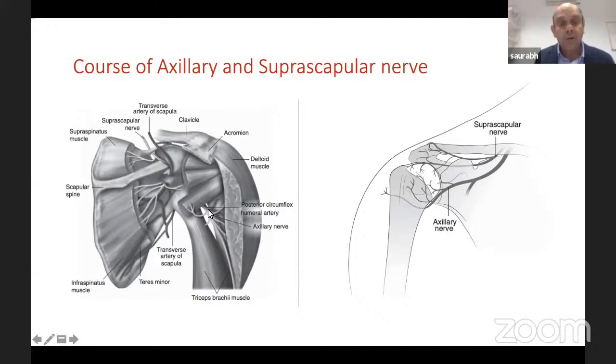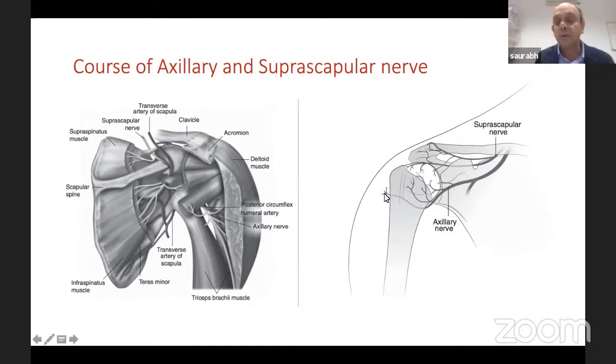So now your posterior portal, so this muscle there is teres minor. You can see teres minor, that's teres minor. So nerve is between teres minor and teres major. That's your quadrangular space. Your posterior portal is between infraspinatus and teres minor. Somewhere there where my arrow is. So if your posterior portal is low, very low by mistake, then there's a chance we can damage axillary nerve. So if you have to err with your posterior portal, if you're not sure, if anything, err slightly superior, don't go to inferior. So that's one thing to remember with your portal and axillary nerve anatomy.